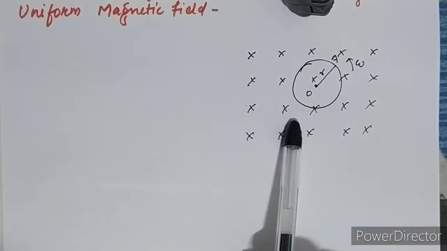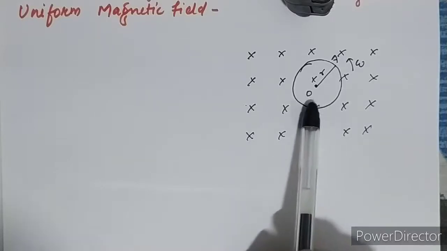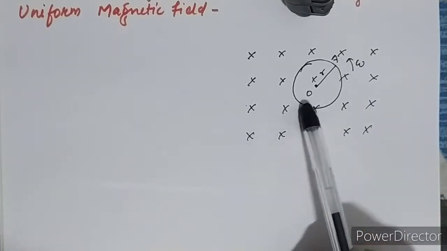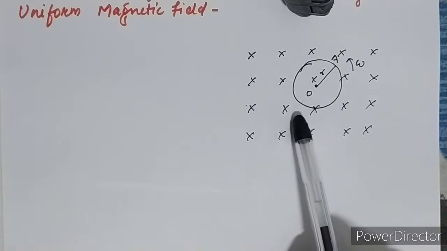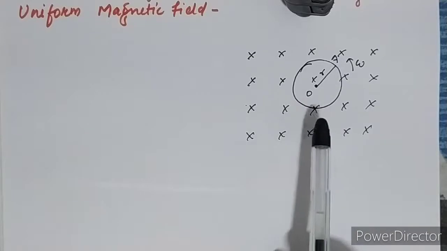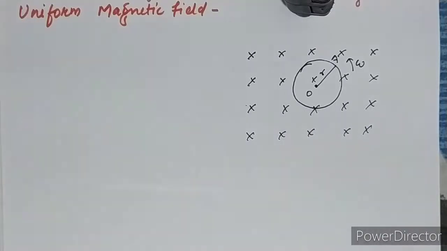Now this can be considered as made up of many rods having one common end at the center O of the disc and the other end at the circumference. The length of each rod L is equal to the radius R. Okay, so due to the rotation in the magnetic field, EMF will be induced across each rod, and the end at the center is positive and the circumference is negative. Okay, so directly we are going through that.